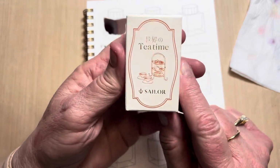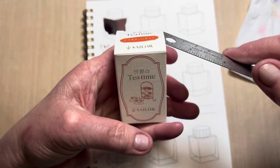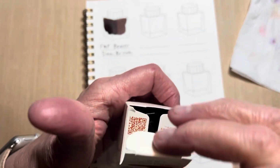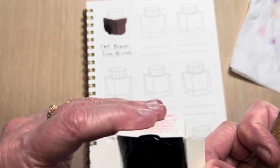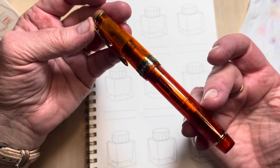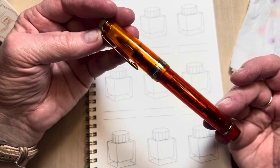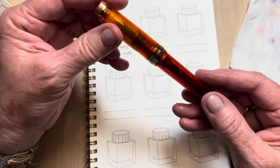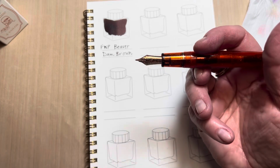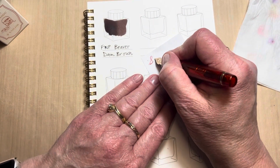So this ink I ordered, I believe Jet Pens. It is Sailor Tea Time. And I ordered it because I had, like a year and a half ago, I ordered this Sailor Pro Gear, and it's called Christmas Tea Spice. But when I purchased it, I was not able to get the ink of the same name. So I've been using a different ink. It's been inked with one color since I've owned it. This ink is Sailor